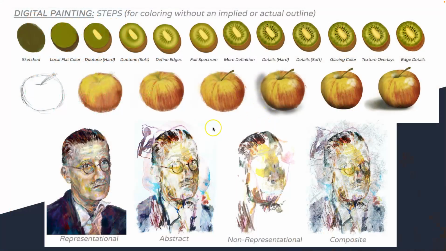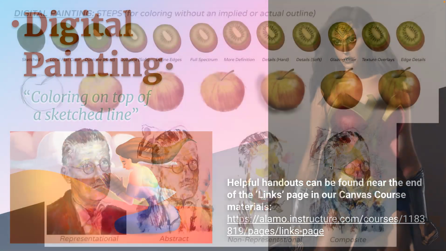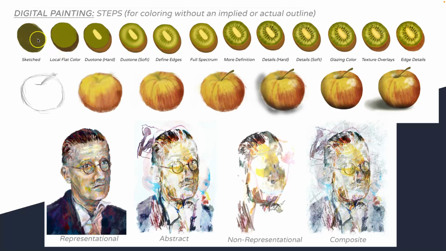So here's a handout that you can also find under links, just like the lemon one for digital coloring and for CMYK color separation. These are the two main approaches to digital painting. That you have some sort of sketch, either sketched shapes or sketched lines, and then you just build up onto it. You can't really think of it in terms of flat color, duotone, but I try to kind of define at least the steps of the kiwi in the standard steps we use for digital coloring, but they're not necessary